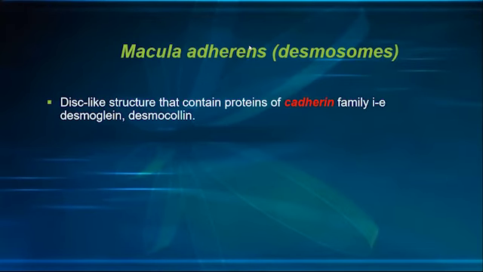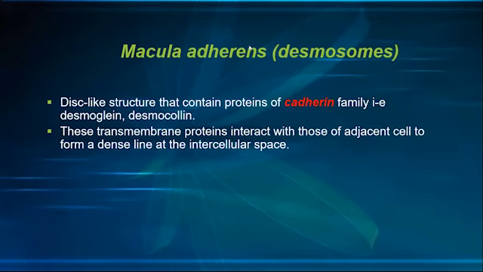Okay, then you come to the second type of cell to cell junction, that is known as the macular adherens, also known as the desmosomes. ठीक है, तो फर्स्ट टू जो हमने पढ़े थे टाइट जंक्शन और एडहेसिव जंक्शन में हमने पढ़ा जोनुला एडहेरेंस, उनमें हमने पढ़ा था कि those cell junctions are surrounding the cell membrane in a ring like fashion. ठीक है, in case of desmosomes or macular adherens, these are the cell junctions that surround the plasma membrane in